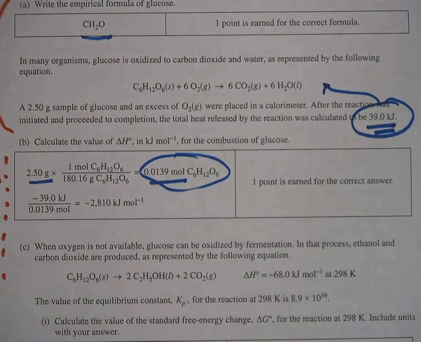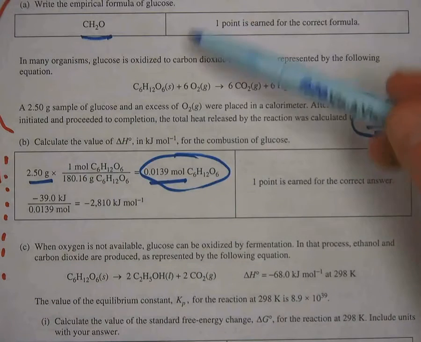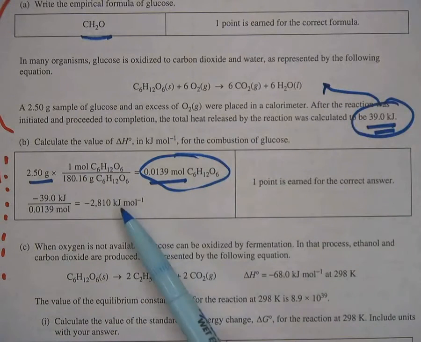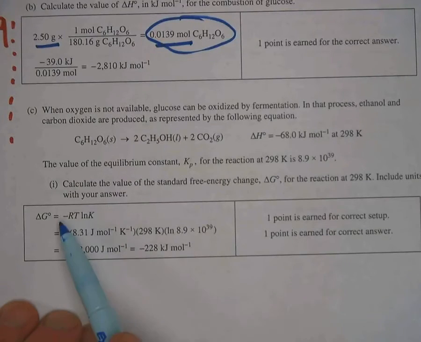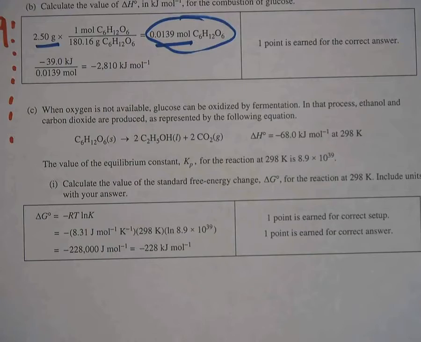So there's another example of how this doesn't remain as a chapter 3 question. They go right on and ask a chapter 5 question where you've got to do kilojoules per mole right away. And if you actually scroll down on this, now they're going to ask you a G question. G equals negative RT natural log of K. Next question,